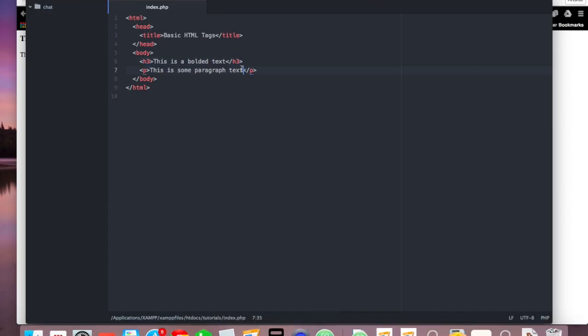So another important thing you would need to know. I'm gonna add some more things inside the paragraph text tag. So I'm just gonna indent that properly. And so if you want to add a line break, which means, for example, this is the text, just pretend that this is the web page, this is the text, and you don't want the text right next to it, like right